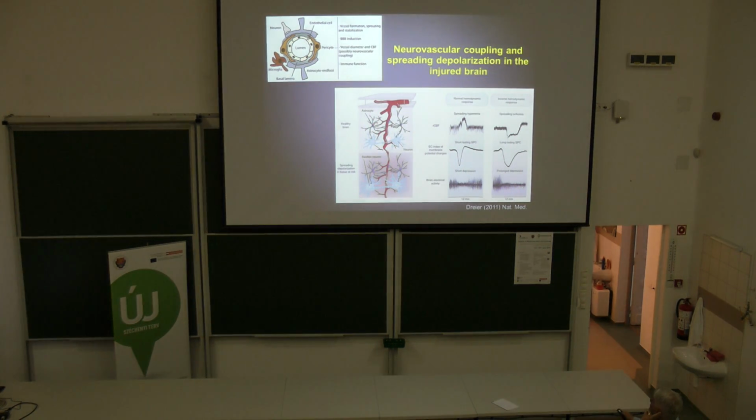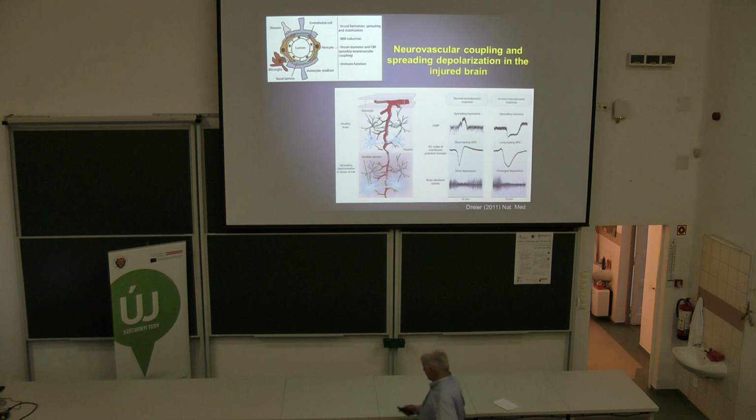There are astrocytes, glia cells, and as I told you, in the sick brain, either the neurons can be swollen or diseased, and this neurovascular unit is disturbed, and the normal hyperemia, which normally accompanies the local depolarization, is somehow disturbed, and this disruption can have prognostic value for the